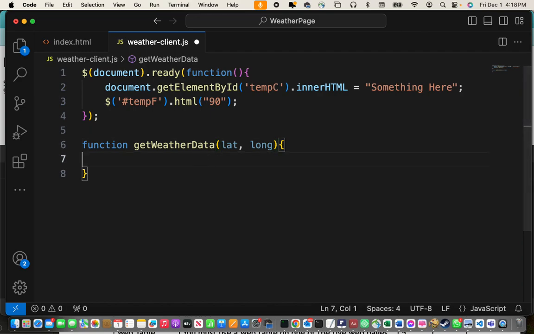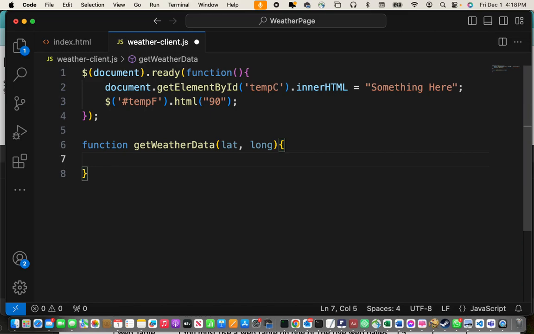Okay? And for this, we're going to use a standard piece of code in jQuery that basically goes out and does a